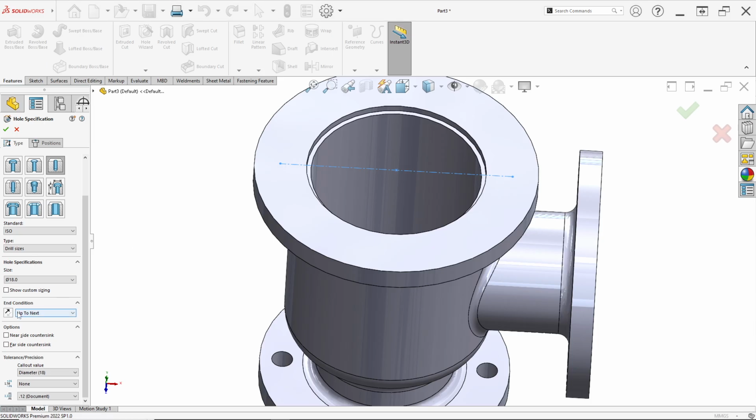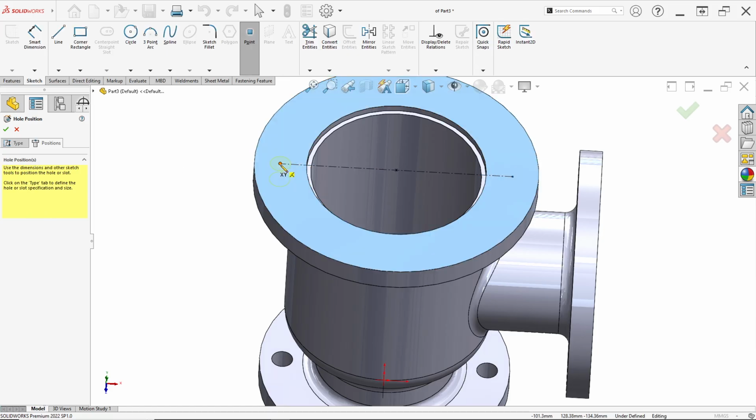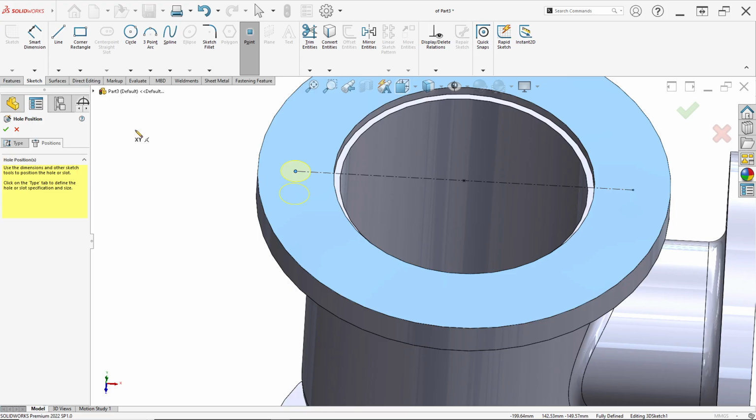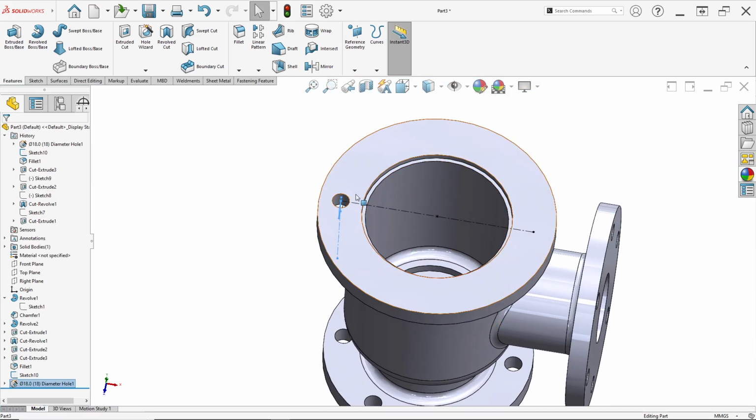And for end condition, up to next, just click position, click 3D sketch, and select this point. Just click on this point, click OK. Now we can make another 6 with a feature.